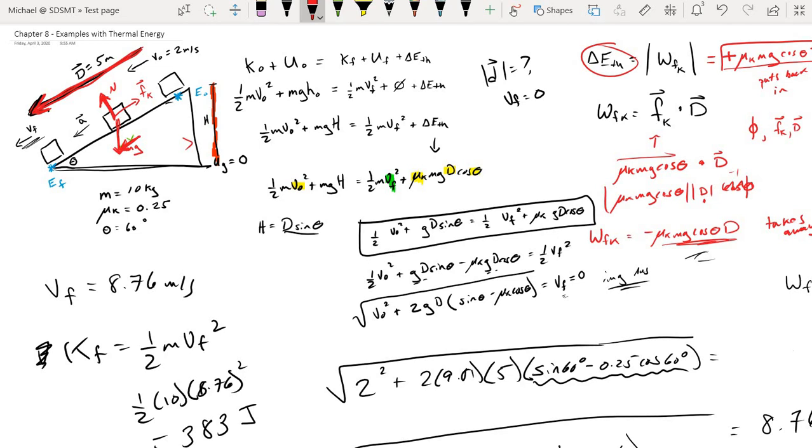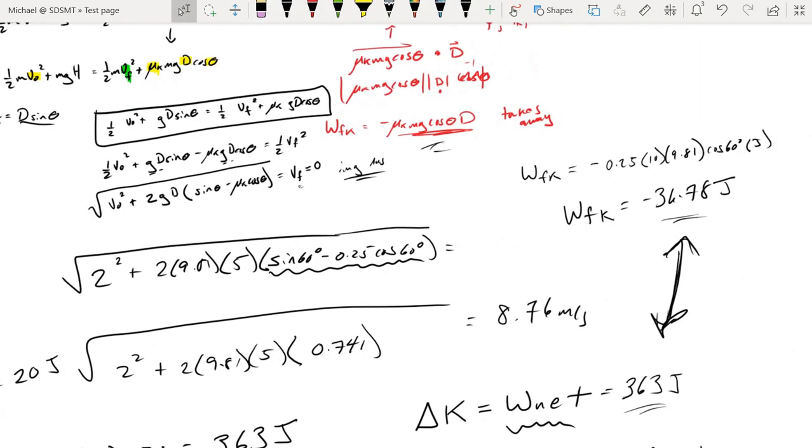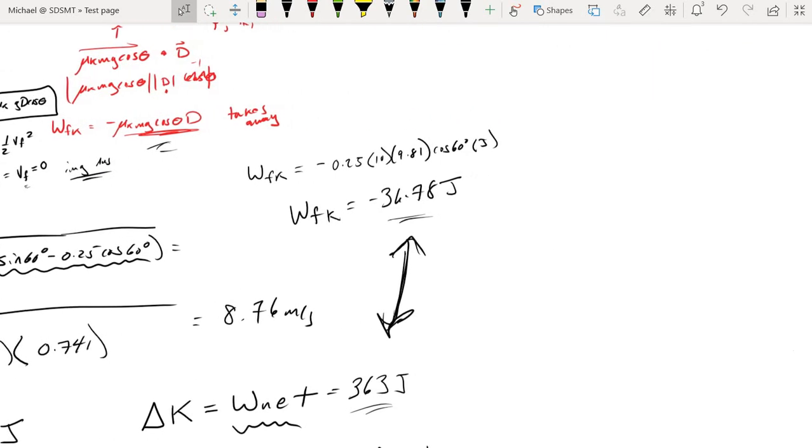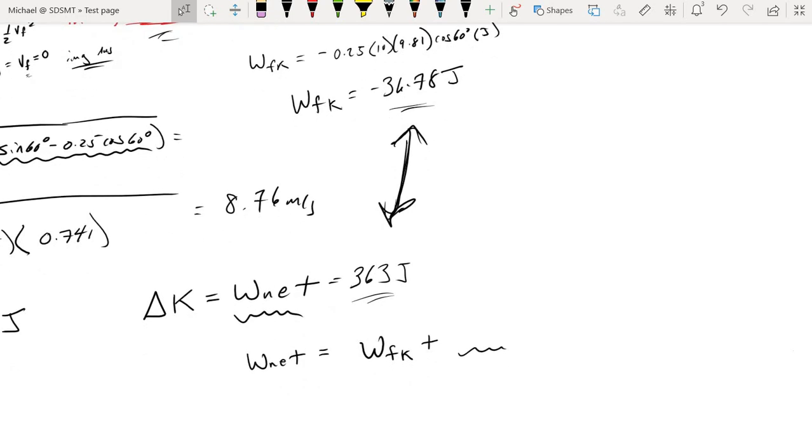And because our gravity component is pointing downhill, gravity will have to do positive work. So, if our net work was 363 joules, and we had negative 36.78 joules of work done by the friction force,